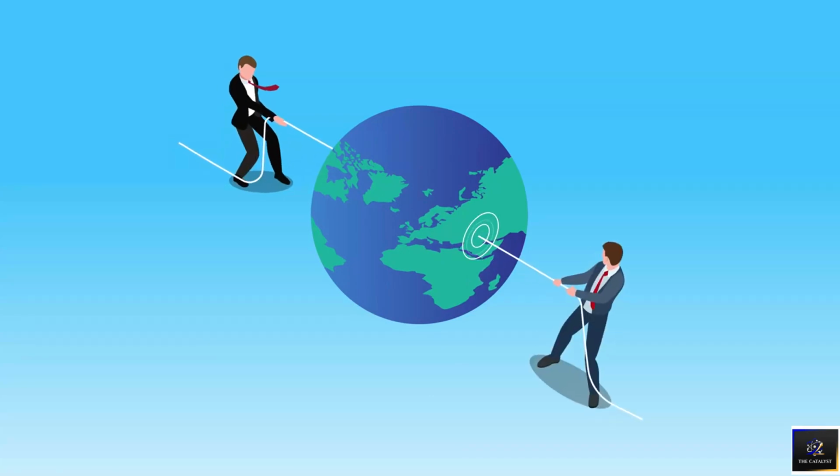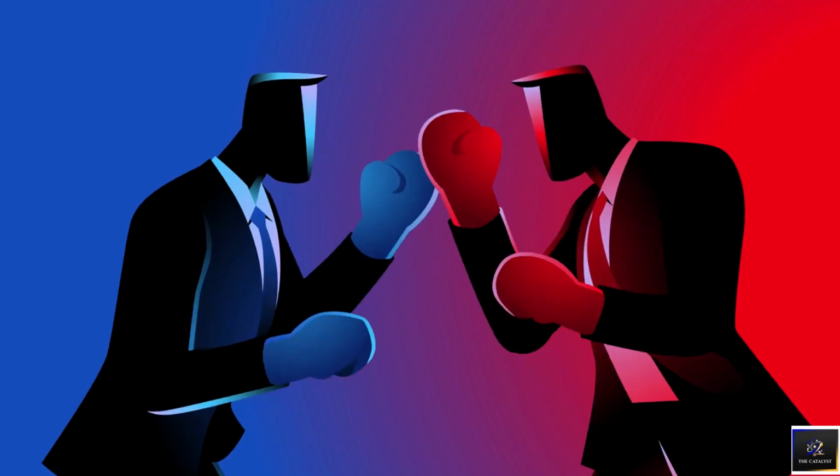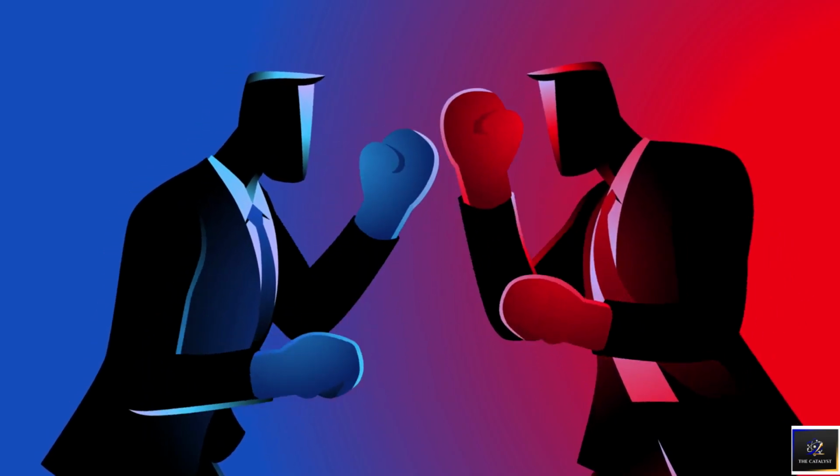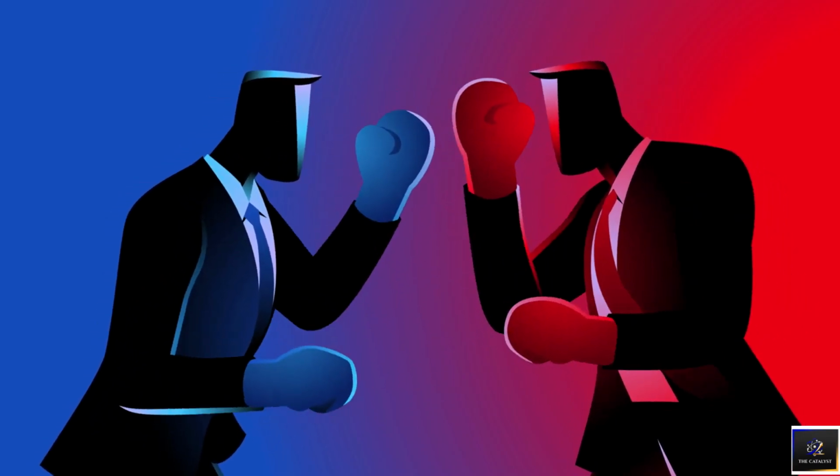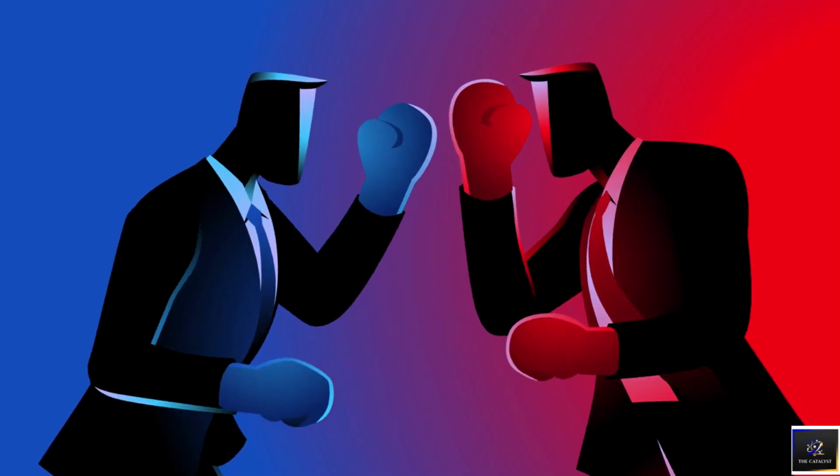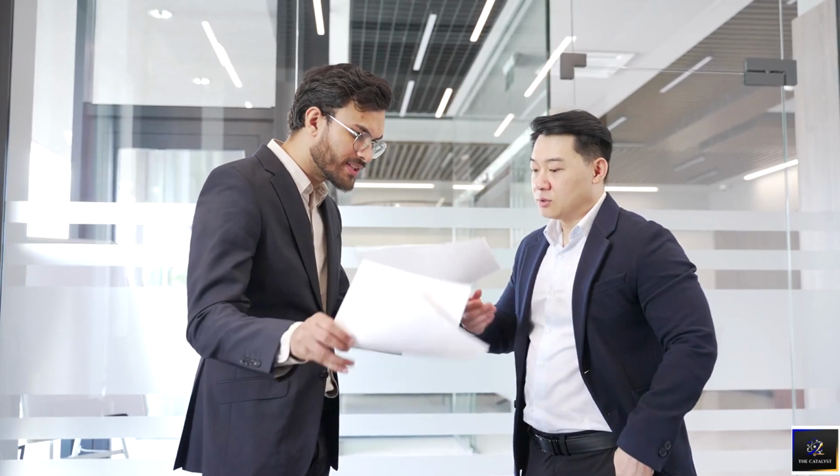Force 1. Rivalry among existing competitors. This is the most visible force. The direct competitive battles between companies already in the industry. Rivalry is intense when competitors are numerous and roughly equal in size, when growth is slow, when products are undifferentiated, and when exit barriers are high.